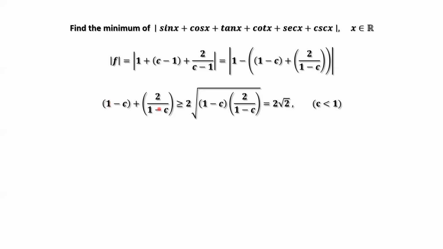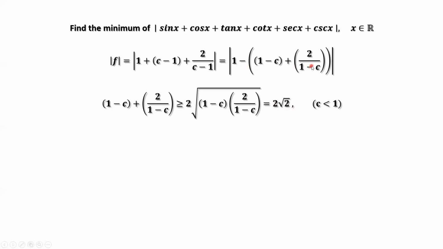Then we have the result. Apply the inequality for the sum of the first 2 terms, which is bigger than or equal to 2 times square root of 2. Similarly here, we can cancel 1 minus c from both numerator and the denominator. Now look at the inside part. 1 and the second part. The second part is bigger than 2 times square root of 2, which is bigger than 1. So the second part is bigger than 1.